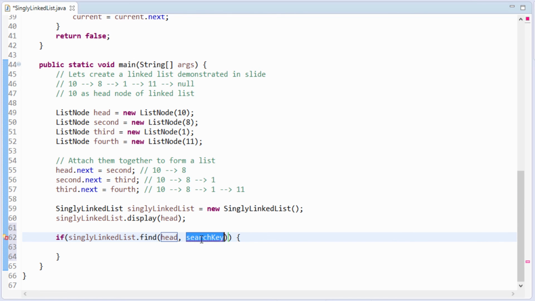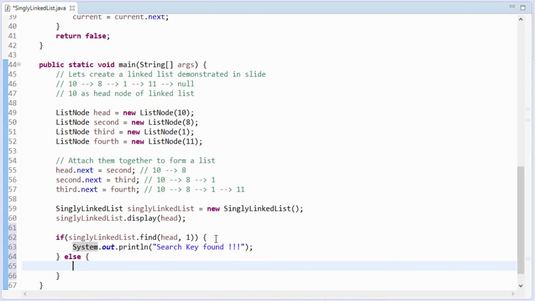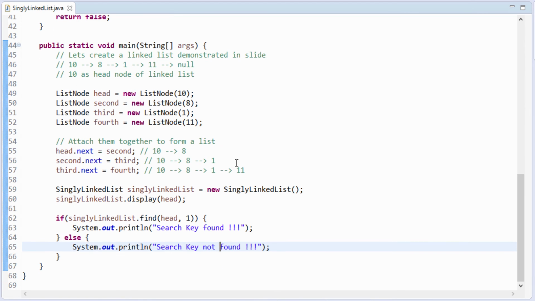So 1 is in the singly linked list, so we'll provide a value 1, and we'll sys out search key found, or else we'll print search key not found. So we saw that the linked list which we created in our previous tutorial has the values 10, 8, 1 and 11. So first we are considering the positive case.